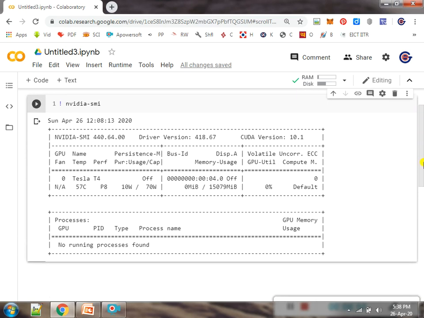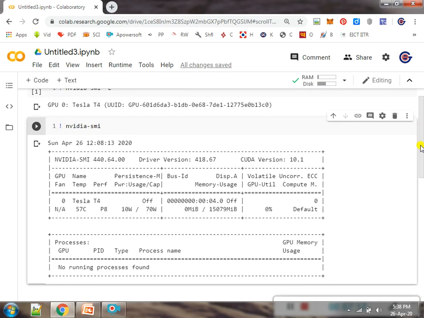Now whatever algorithm or code I execute here will be executed on Google Cloud. In this case, my laptop will act as a thin client. My processor will not be used; the remote processor of a machine in the Google data center will be used. This is the configuration.